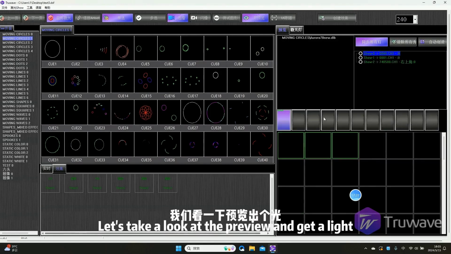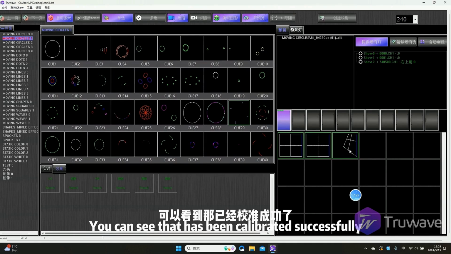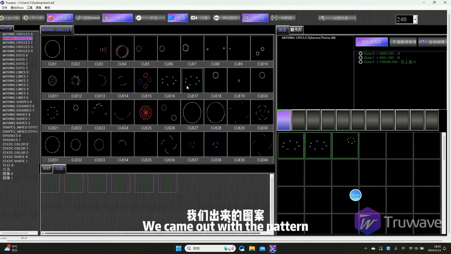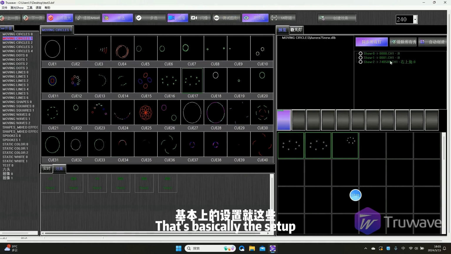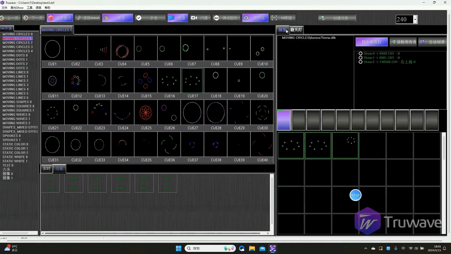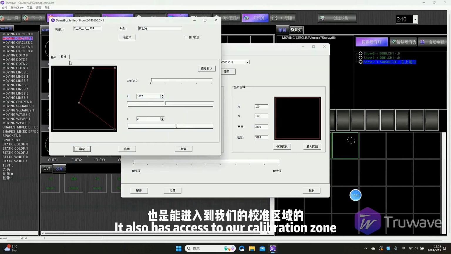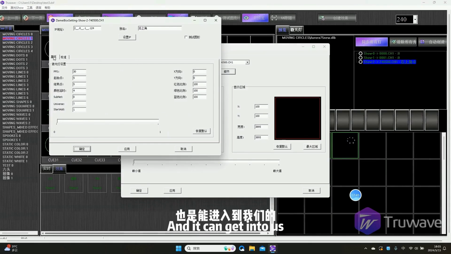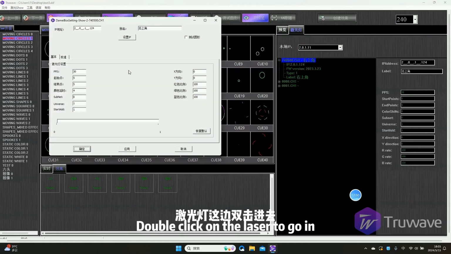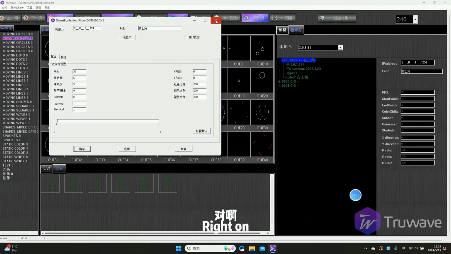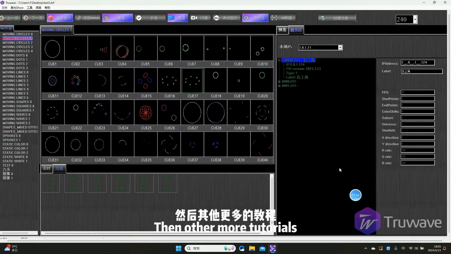Let's take a look at the preview and see the light. As you can see, we have produced a test pattern, and it has been successfully calibrated. The pattern we output will also be based on the settings of our projection area. And of course, we can double click to enter the viewing area. By clicking on the details, we can also enter our calibration area and access the settings for the laser light. Additionally, we can double click on the laser light section to access this interface. Yes, this is a basic introduction to the software. More tutorials will be covered in other videos,